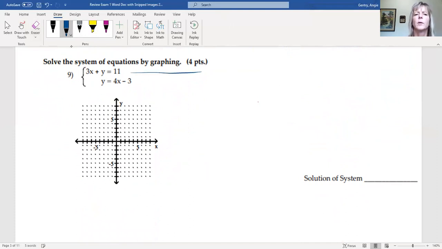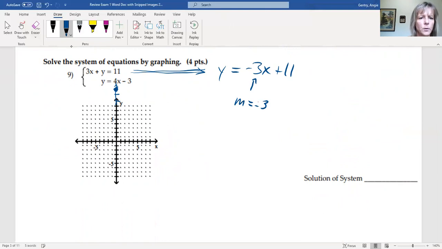If you like y equals mx plus b, you could just graph using this. And then people are like, but it fell off the graph. Yes, it fell off the graph. 5, 6, 7, 8, 9, 10, 11. That can happen sometimes. So it crosses at that point, and then from there you have a slope,